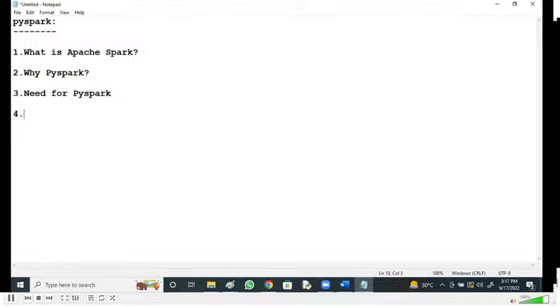And today we are using Python and Scala for implementing this Spark, for example, Spark with Python and Scala language.